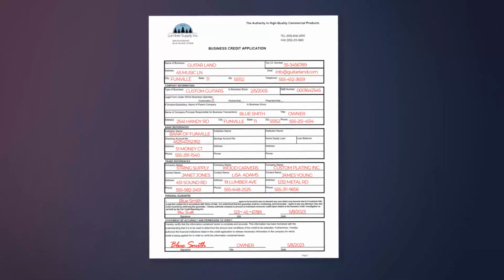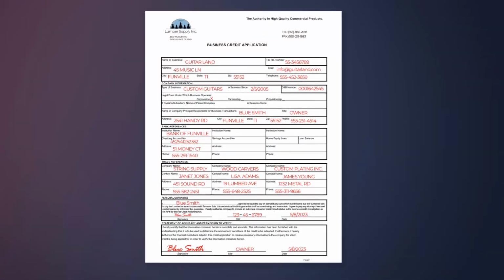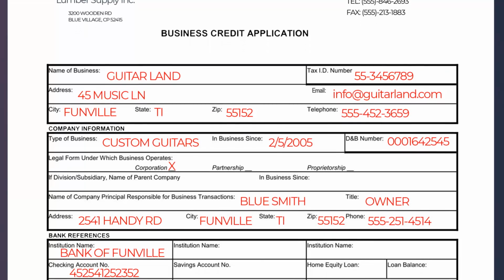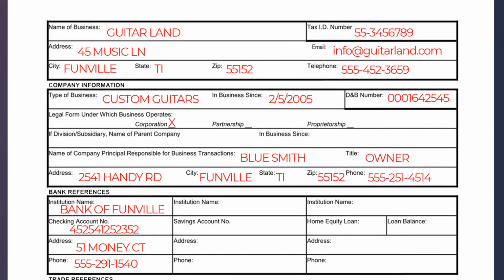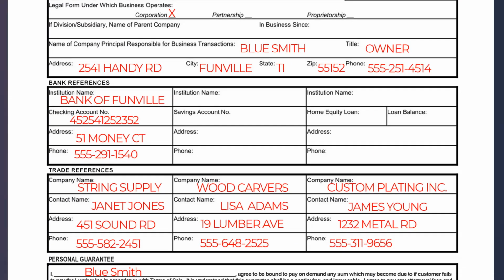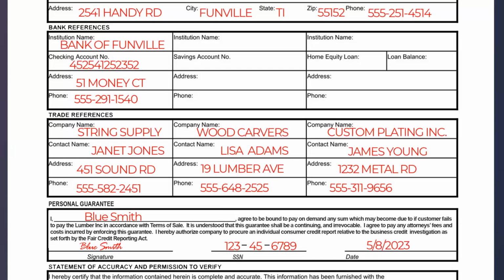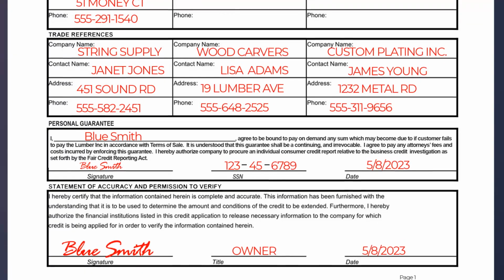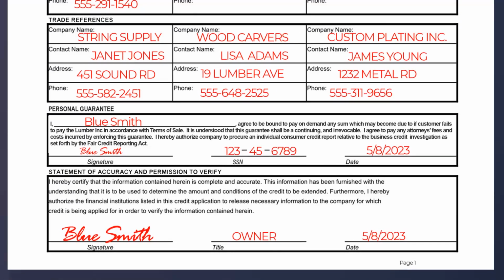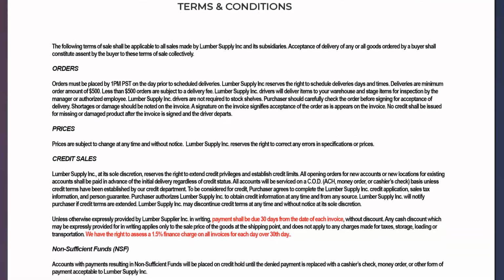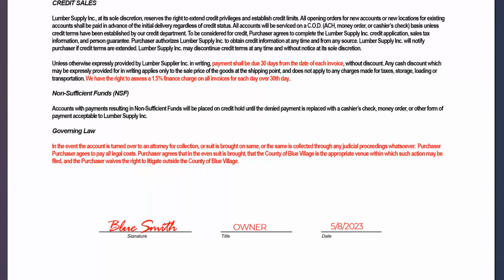An effective credit application requires the following information: name and address of the applicant, tax ID number, all contact information, phone numbers, and emails, names of the principals or directors, a bank reference, at least 3 trade references, personal guarantee, if applicable, signed statement of accuracy and permission to verify, documented terms and conditions, an agreement of the payment terms, an agreement of the interest amount on past due balances, an agreement of the applicant to pay all legal and